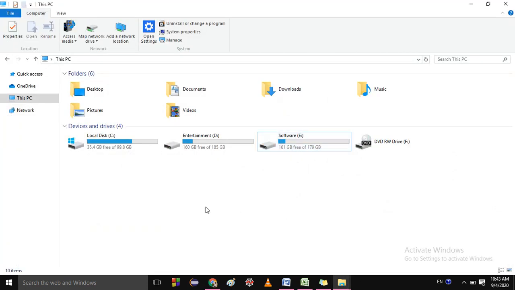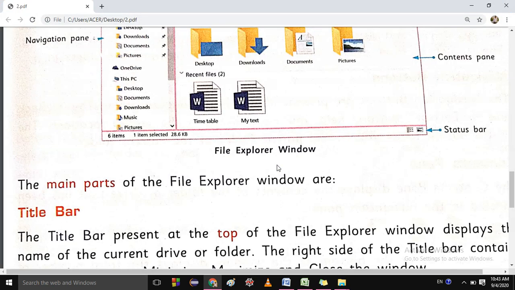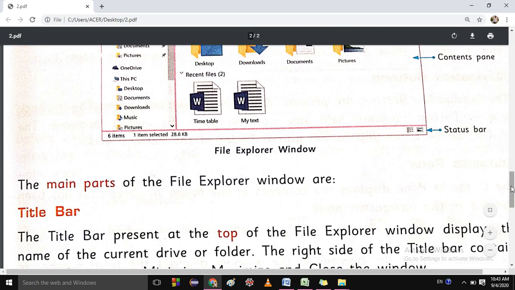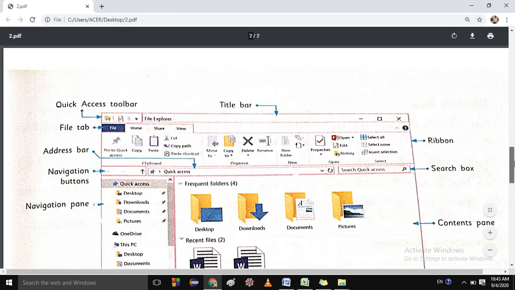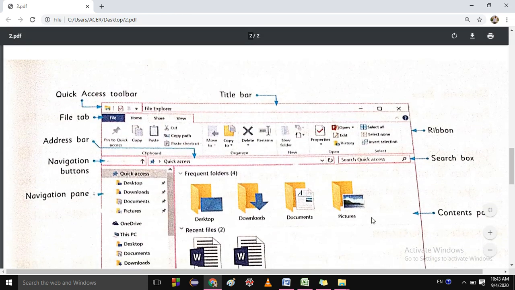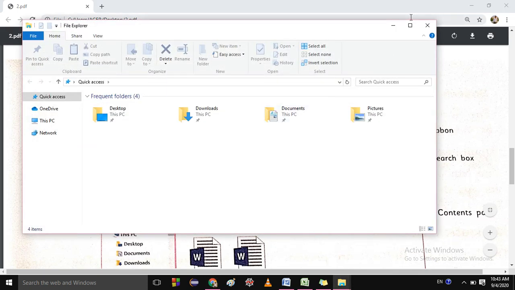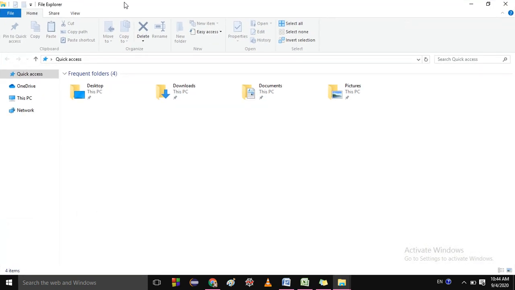So just see here. You can see here the name is written File Explorer. Okay.